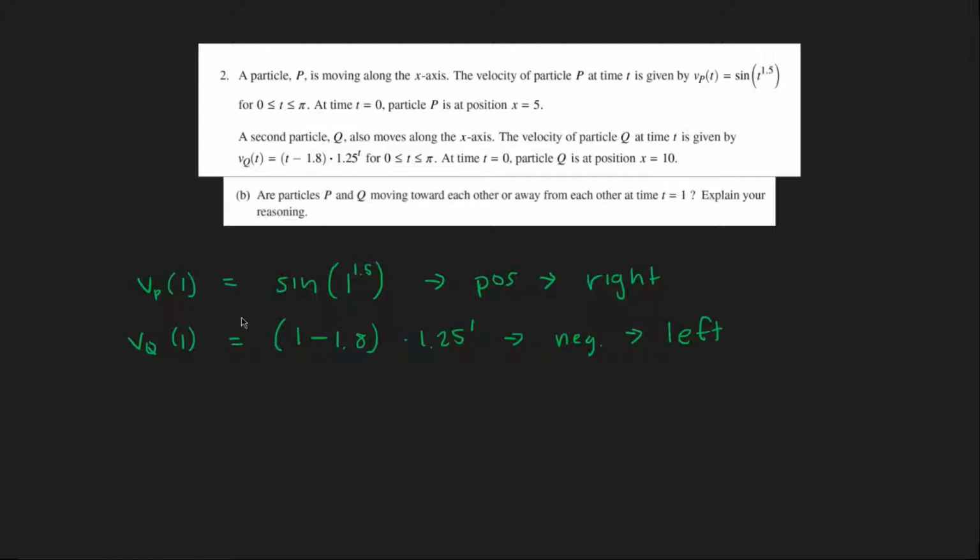So now we have the directions that the particles are moving. And if we recall on our previous problem, let me just draw a number line. Particle P was at 5.371, and particle Q was at 8.564. So particle Q starts out on the right and particle P starts out on the left. And if P is moving to the right, and Q is moving to the left, then we know that they are moving toward